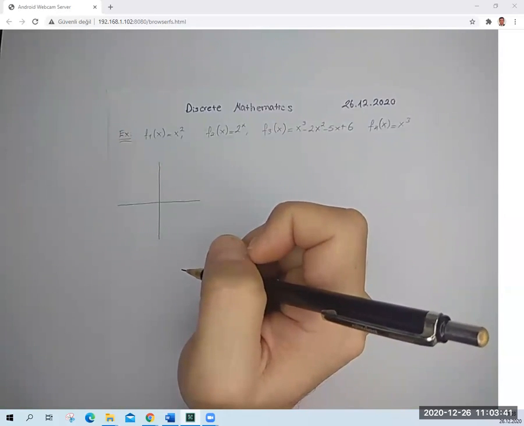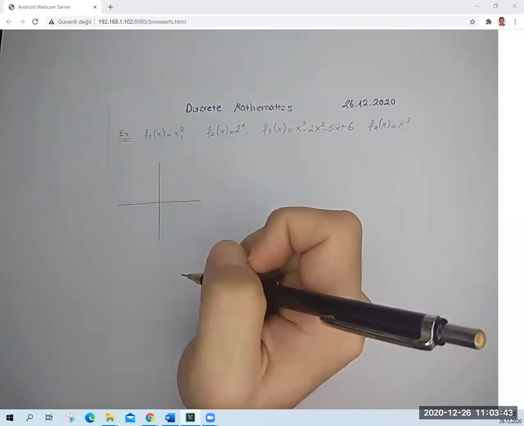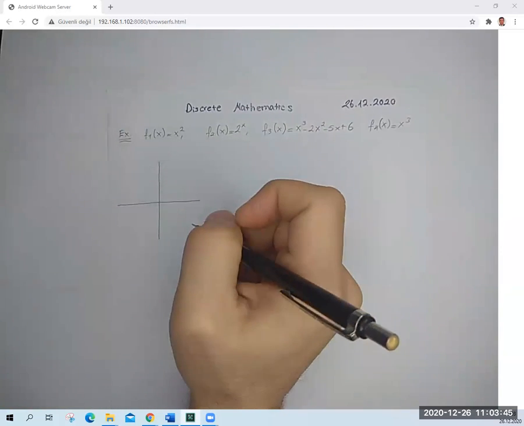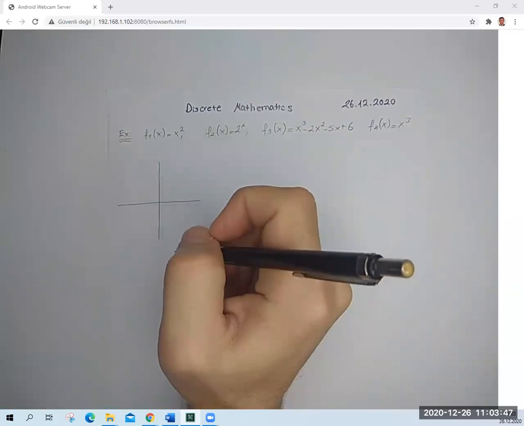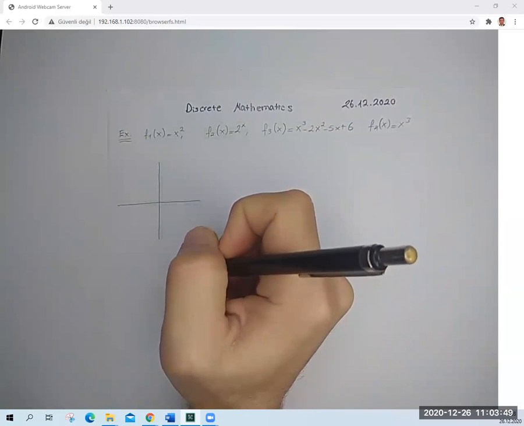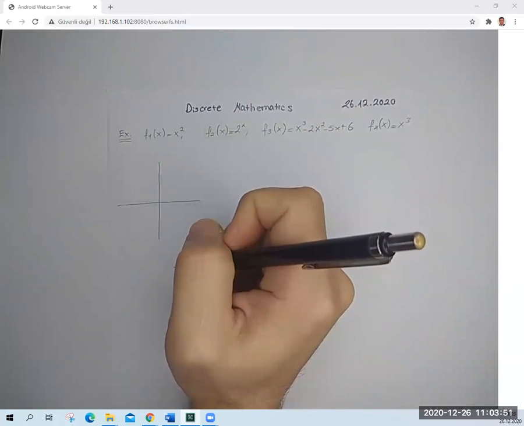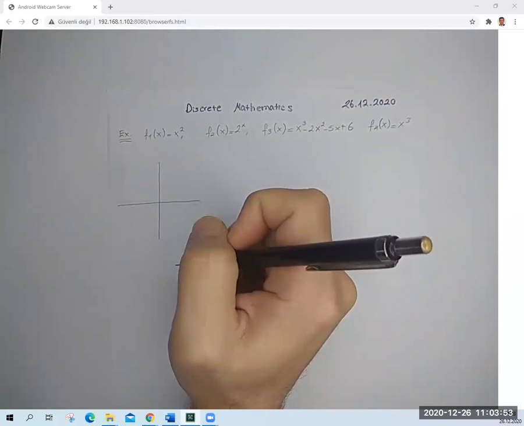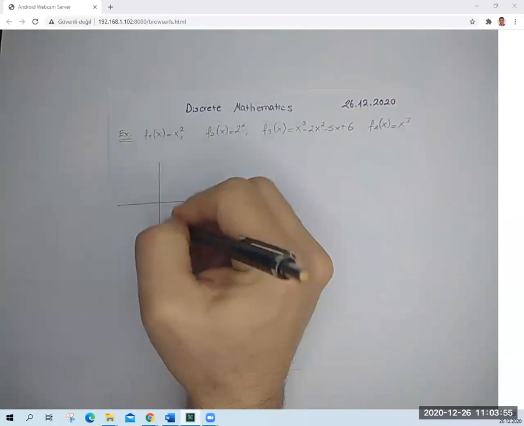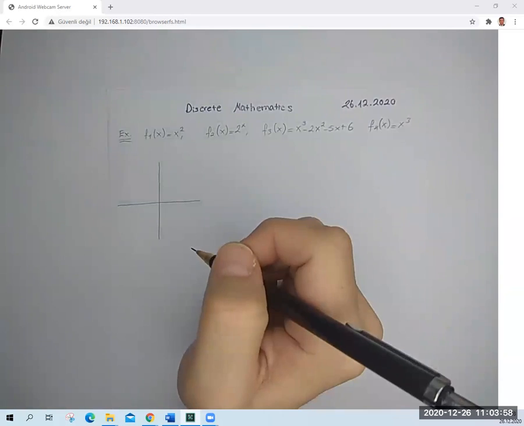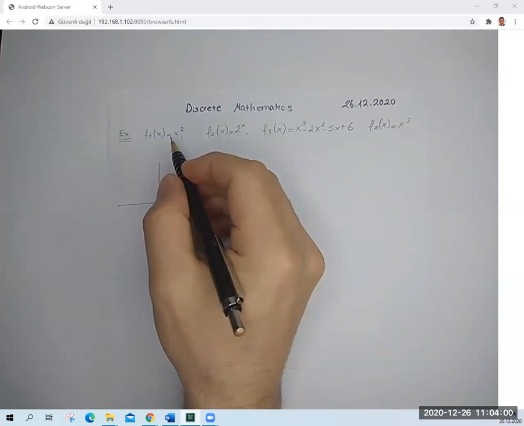Yeah, I think so. This x is the domain and y is the range. Okay, range is also the target or range set. Here is the y as a codomain, and if you want to draw x squared,